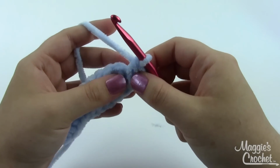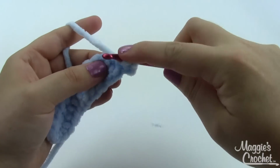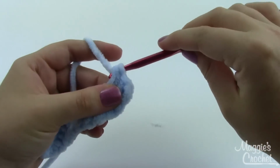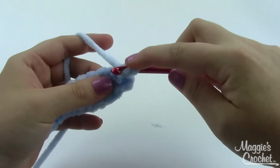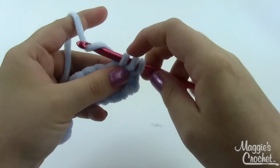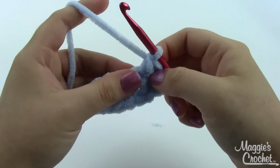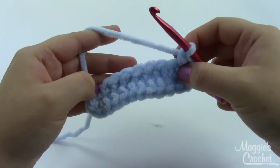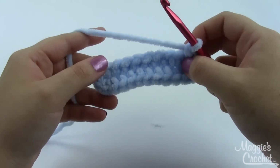We're going to do 2 half double crochets in the next single crochet. So yarn over, insert into the stitch, grab a loop, pull it through, yarn over, pull through all 3 loops on the hook at once, and then same thing in the same stitch. Then we'll do a half double crochet in each of the next 6, then 2 in each of the next